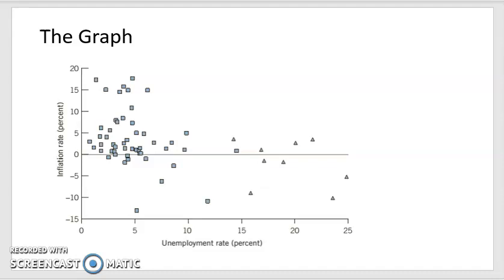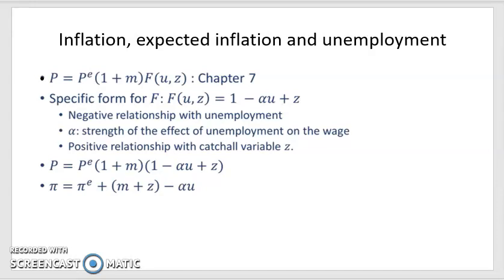So since the relationship between unemployment and inflation broke down around the 1970s, the purpose of this chapter is to explore the mutations of the Phillips curve and more generally to understand the relationship between inflation and unemployment. The first step is to show that the aggregate supply relation can be written as a relation between inflation, expected inflation, and unemployment rate. So the aggregate supply relation that we developed in